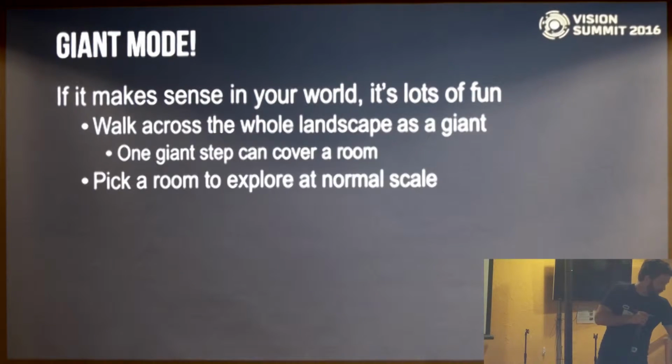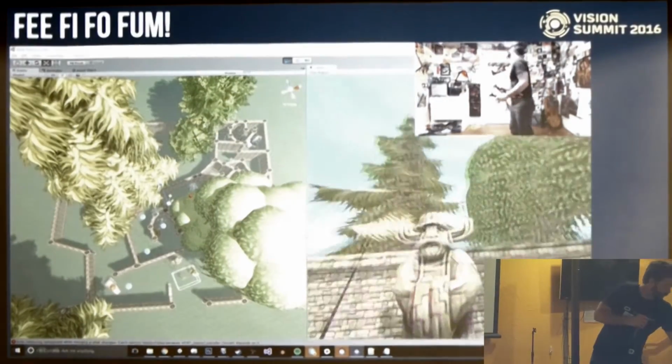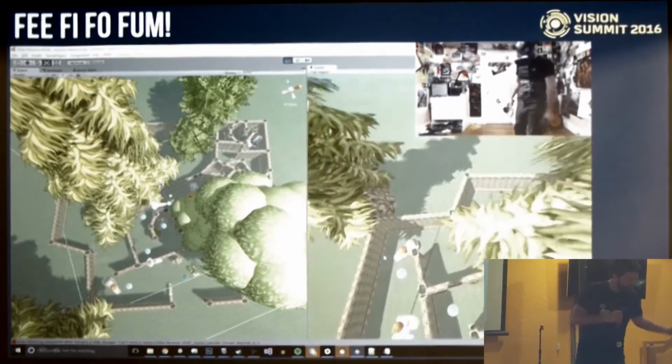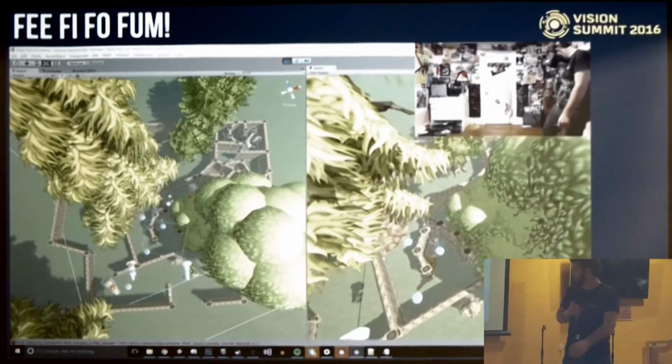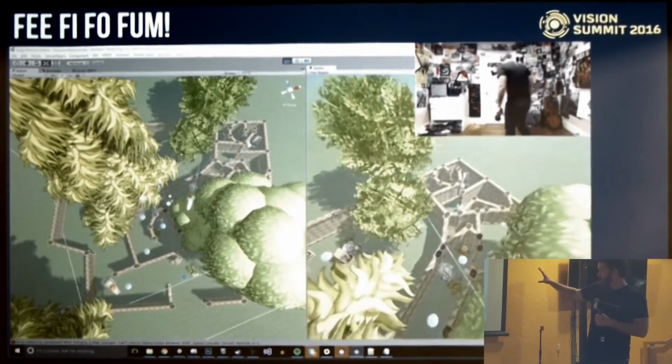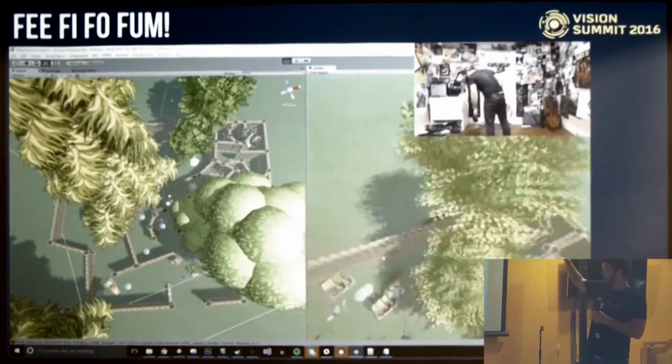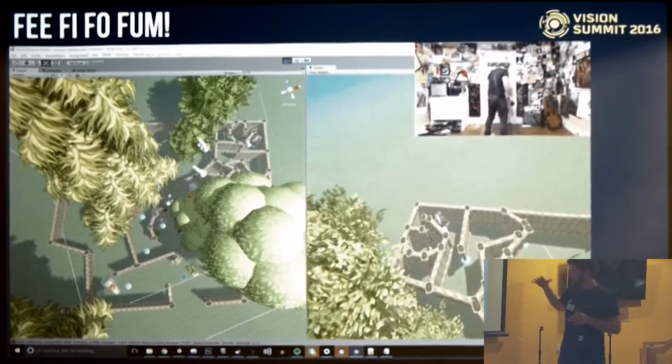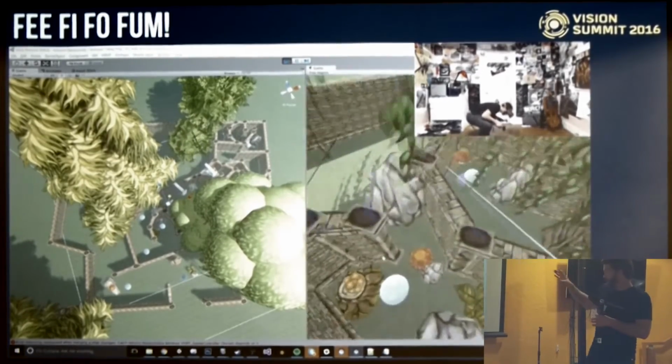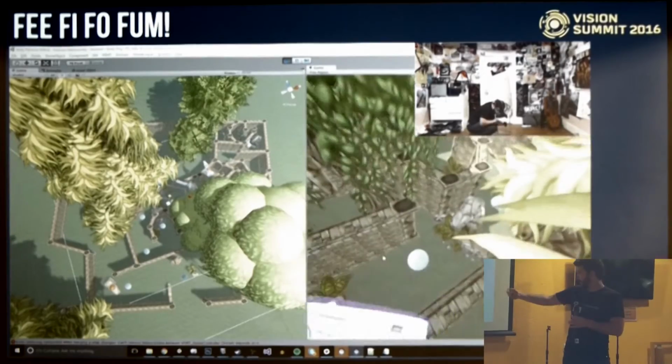Another thing you can do is get really big. And when you're really big, you can cover whole rooms at once. Just take a few steps and you're across the space. So here I've mapped this entire landscape to be at giant mode, the size of my whole office here. And then, again, because I know where these dots are, I can click on any one of these dots to